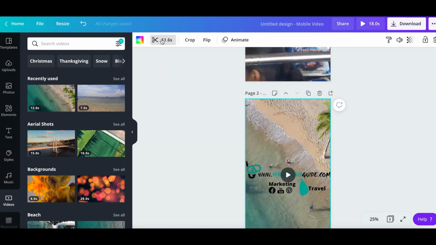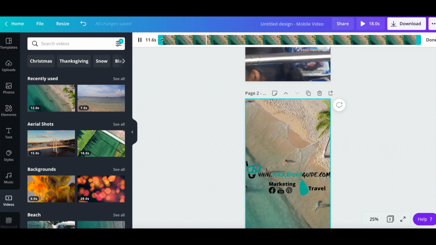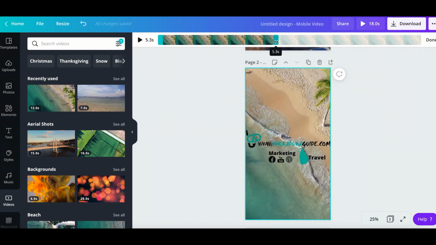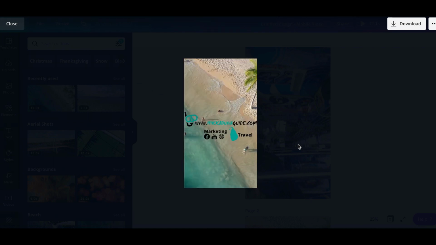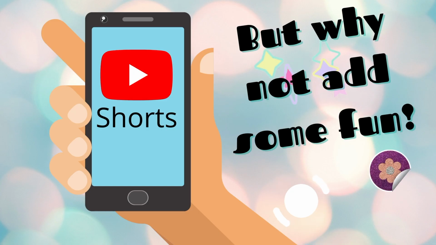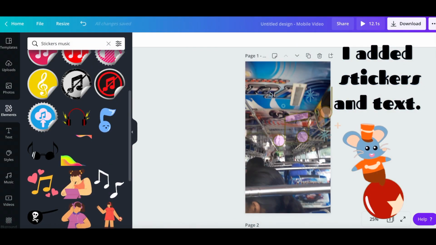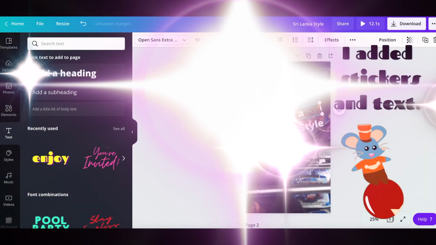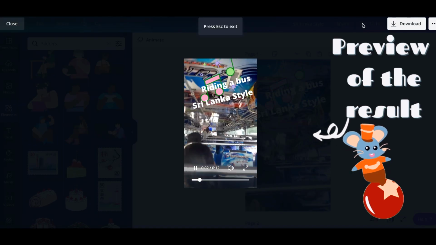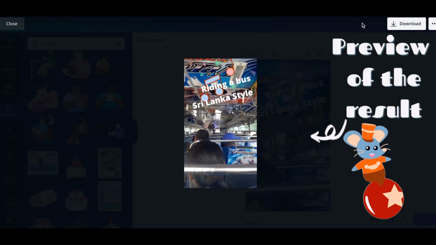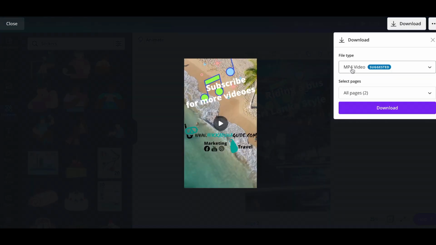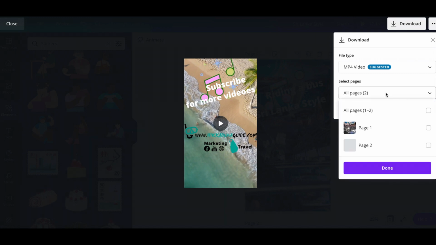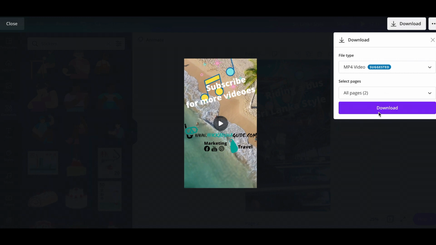Now it's showing 11 seconds. That's way too much. So I just want to use the first 5 seconds. Okay, so I could post it just like this. When you download, remember to select all pages and download.